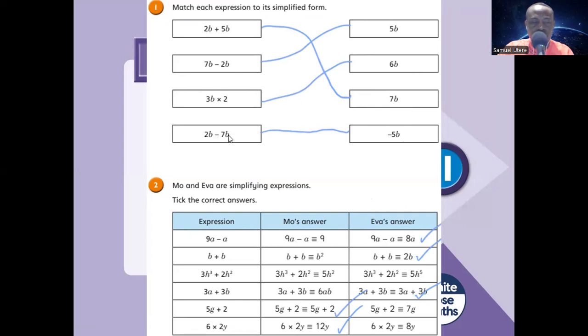So for example, I'll just discuss this one. 2b minus 7b is equal to negative 5b. Just in case you do not know how to work with numbers like this, my advice is for you to use a number line. So this is just like saying 2 minus 7. The only difference is we just have letters in front of them. So if we use our number line,